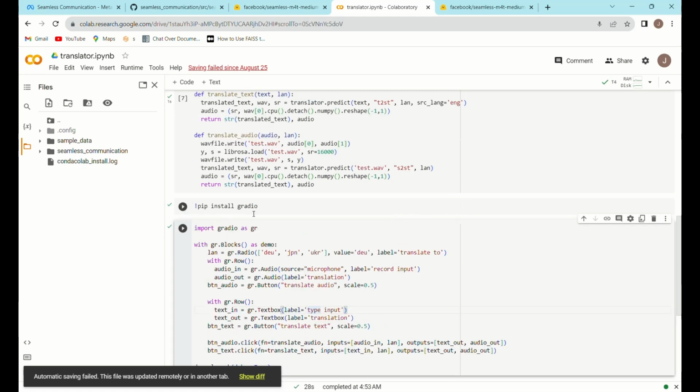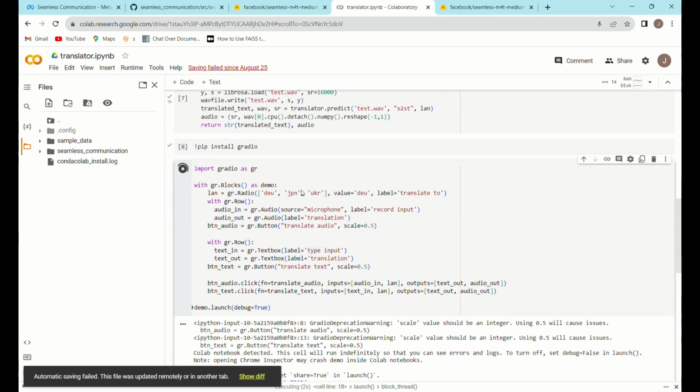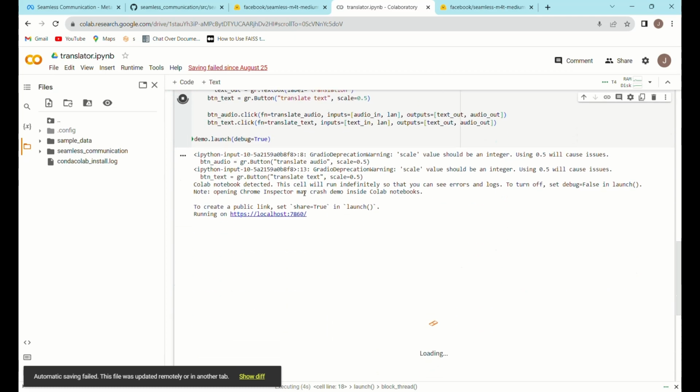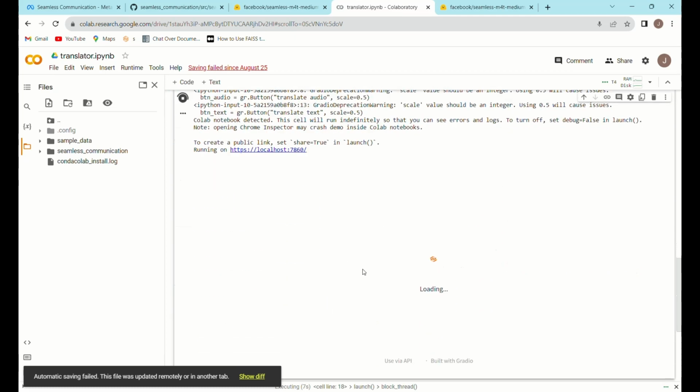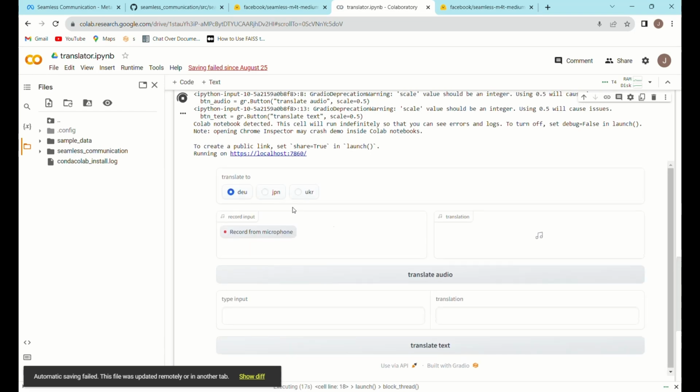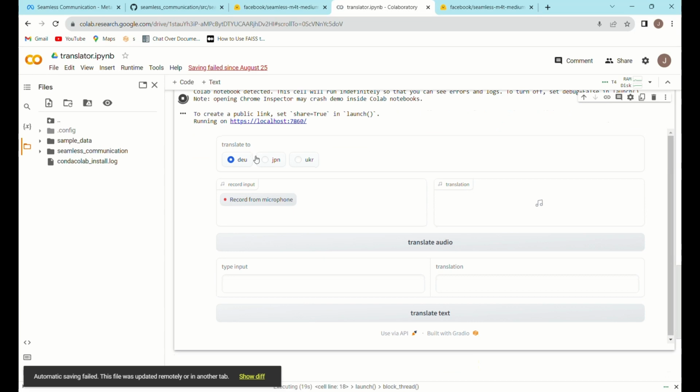Okay, so I just pip installed Gradio, but I decided to spare you the wait, and now I'll just quickly run the Gradio app so that as we're going through it line by line, we can have a look at the different objects in there, so it will make more sense. So what we have is a few little radio buttons here that just let us select a few different target languages, and then we have an input to record audio, as well as an input